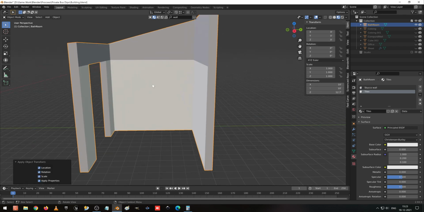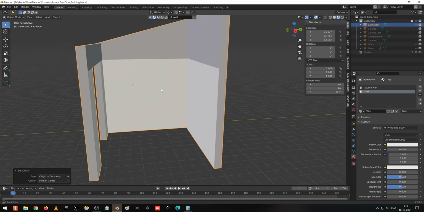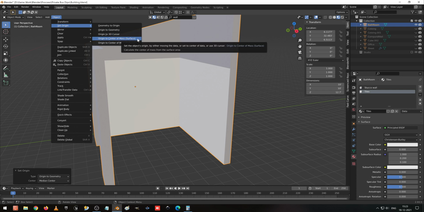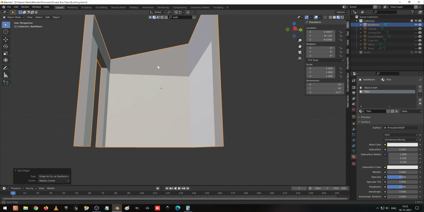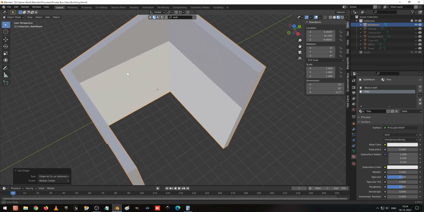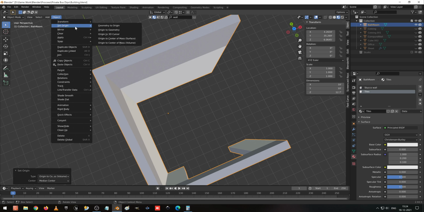Now after doing this, go to Object, Set Origin, Origin to 3D Geometry, or you can use Origin to Center of Mass surface. Still I feel, let me try with Center of Mass volume. No, still it's not clear for us.